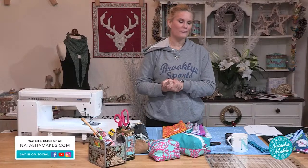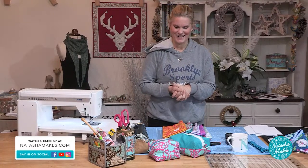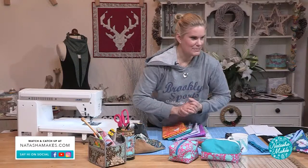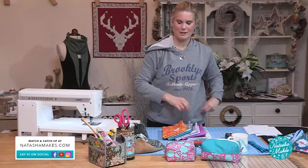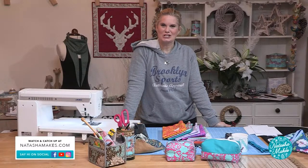So this morning I've got fabrics for you. I've got brand new scissors and things for you, which are great fun. And I've been trialing patterns for you. I wanted to make, I keep seeing little box pouchy type things. I'm like, how do you make those? So I've tried various different combinations and different